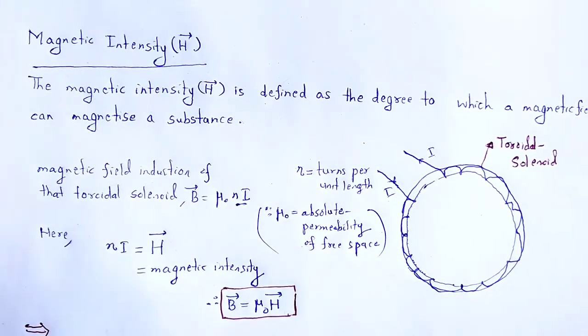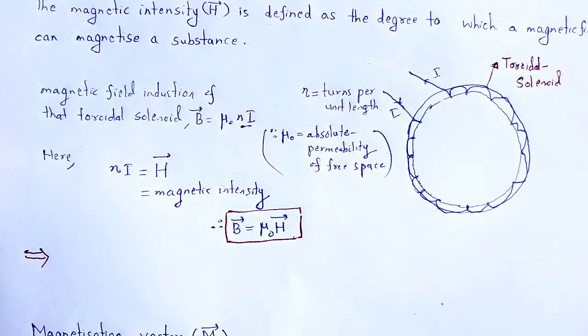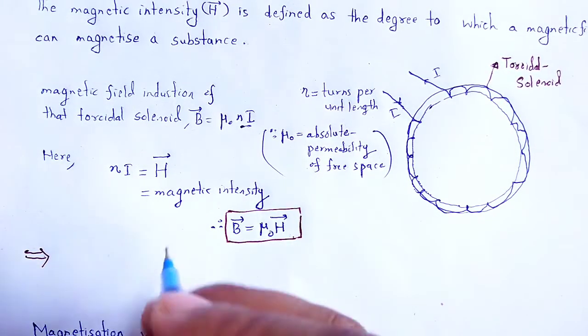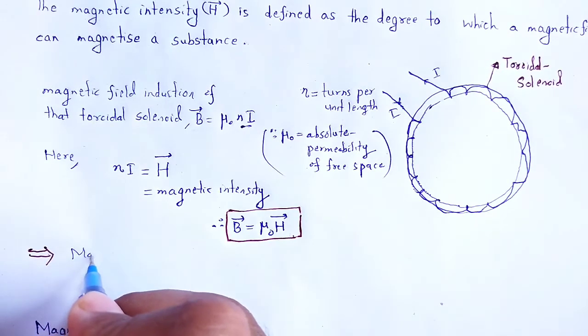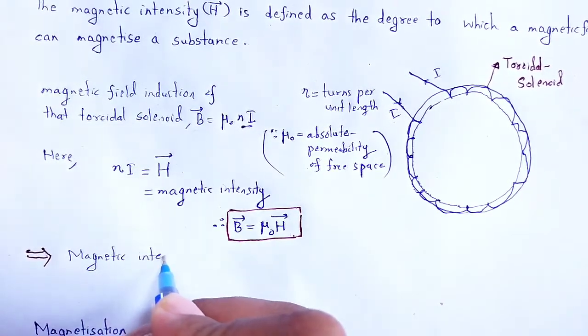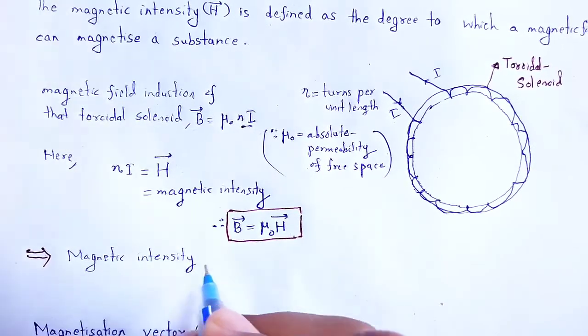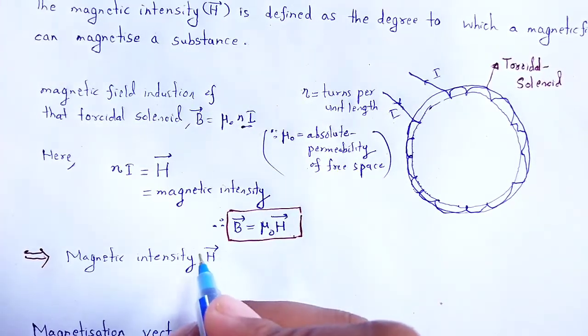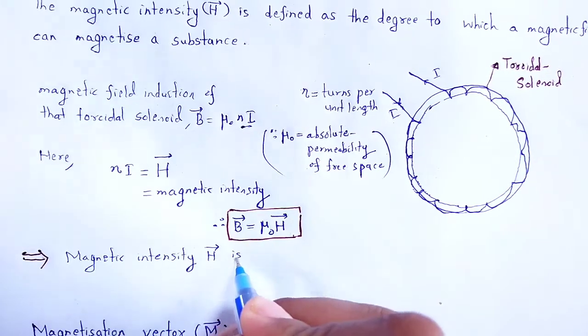Here we can define magnetic intensity S vector as